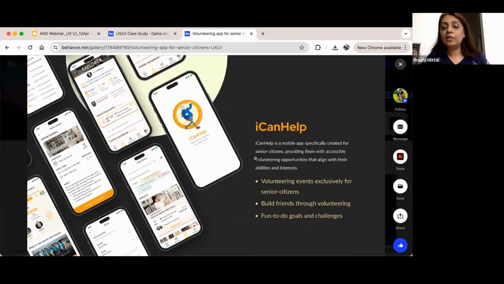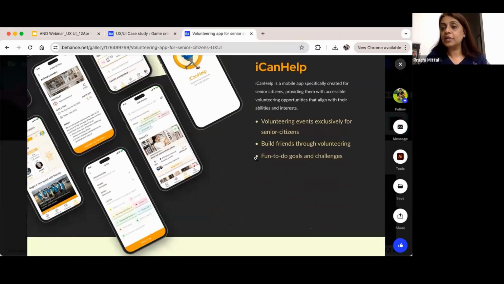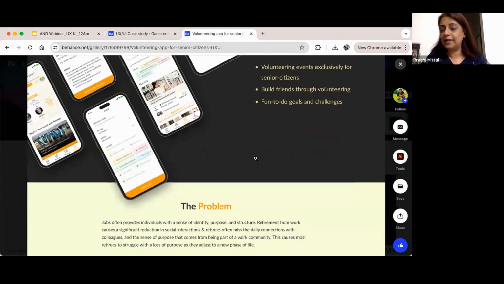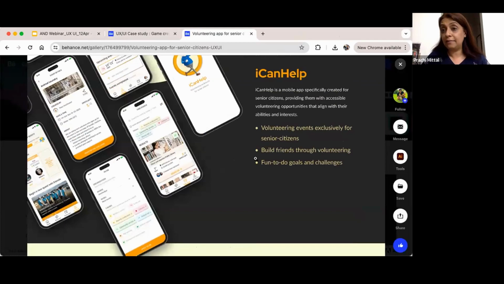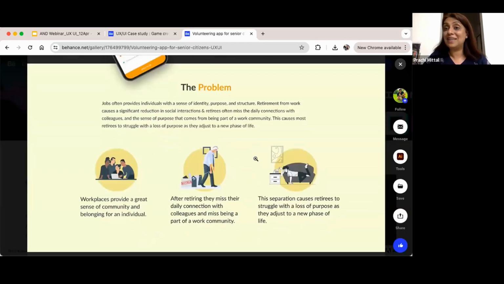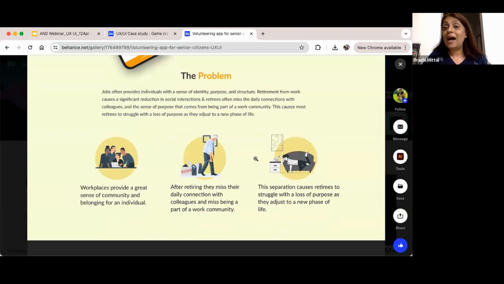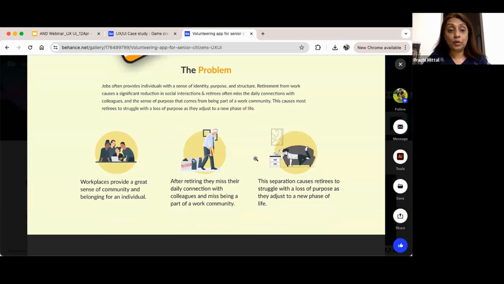He created an app that allows senior citizens who have retired from their professional life to volunteer and make use of their services with various organizations, and therefore create a community for themselves. And finally, to motivate them and make them feel relevant and meaningful even after their professional journey has ended.